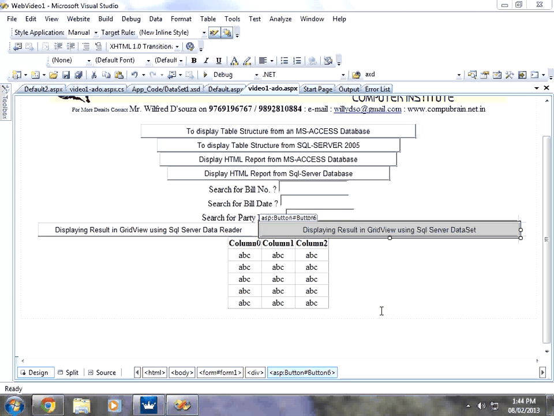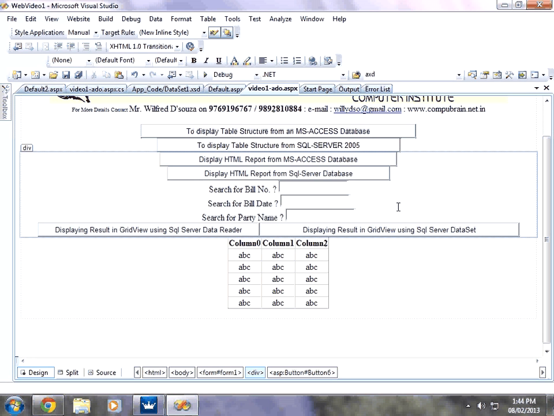Now, since we have done how to display table structure in MS Access and SQL Server, and at the same time we have done reporting in MS Access database using Data Reader as well as SQL Server database. In SQL Server database, we have done the query on bill number, bill date, and party name. So I showed you all the commands regarding this, and now the other topic I'm going to take is